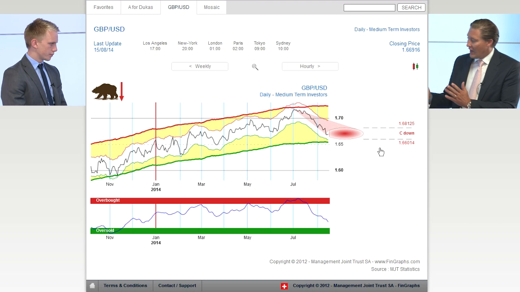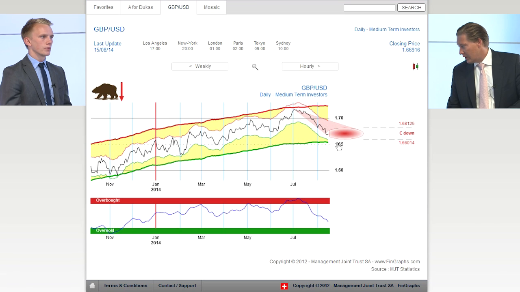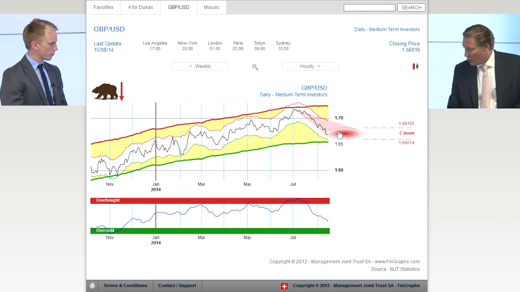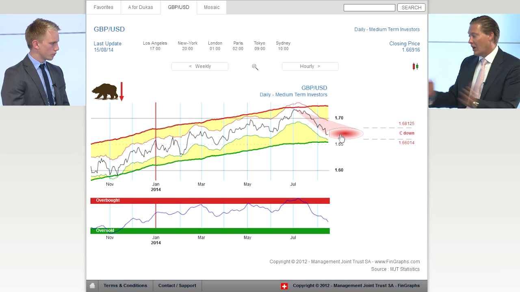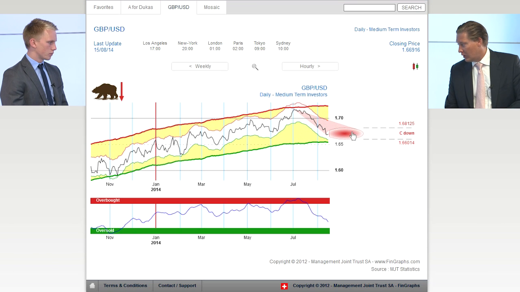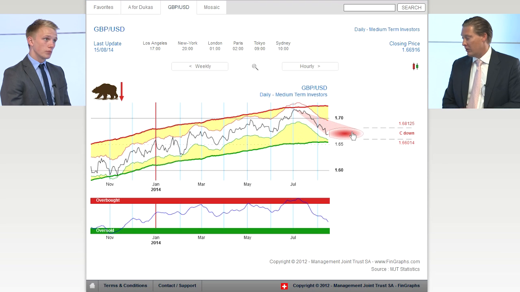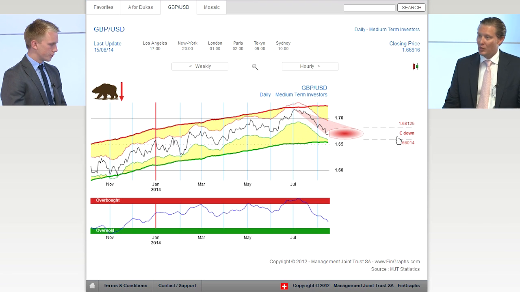Also, we could see this as a strong support area. And as we have just reached the targets of this corrective zone, and we're entering it from a time-wise perspective, it could be a good place to put in a tentative play to the upside. Now, its only support area is there to be broken, so